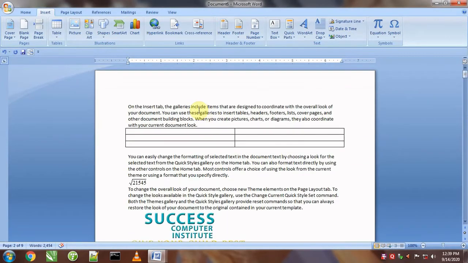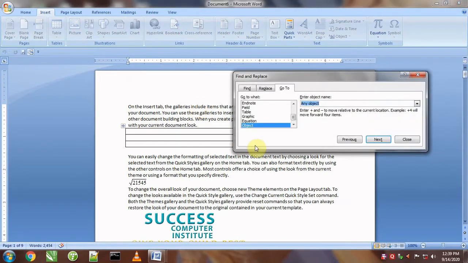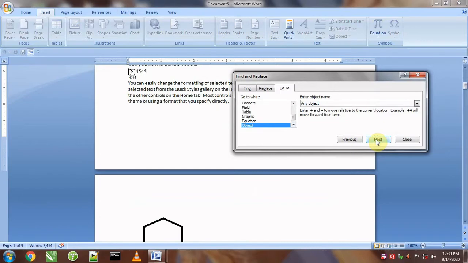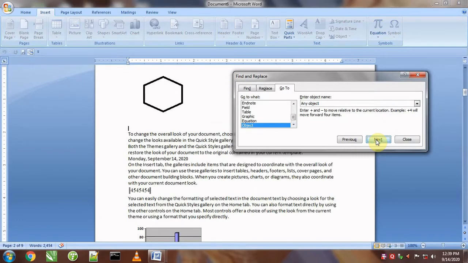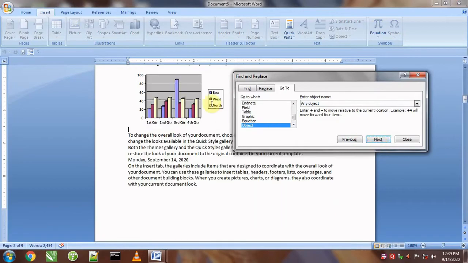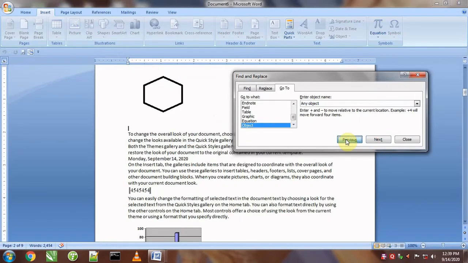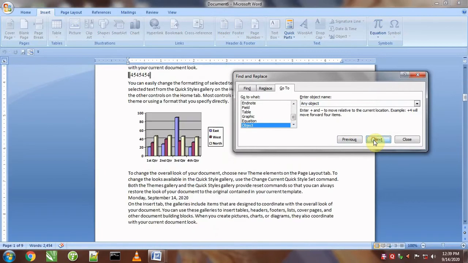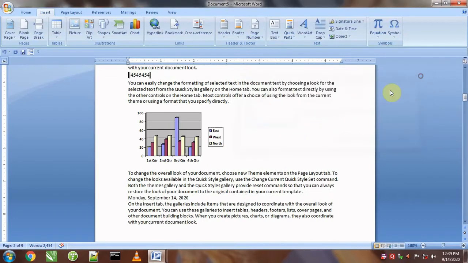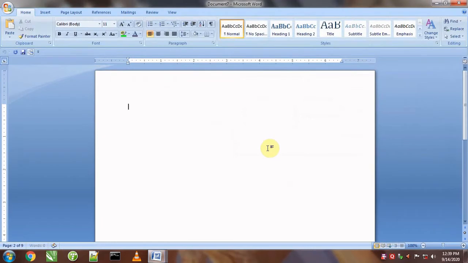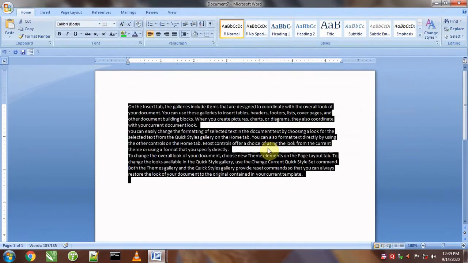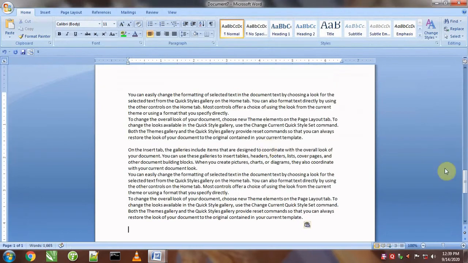Now if I want to visit objects one by one, I will click on object and will say next, next, next. It will show all equations because equations are also objects, and the chart also. So these are the objects that I inserted in this document. Next is heading. It is the last option. For heading, again I will take a new file. I will put some data in this file, copy and paste this data a number of times, and I will put some headings in this document.